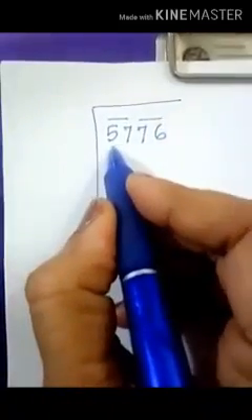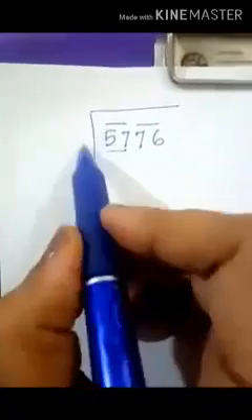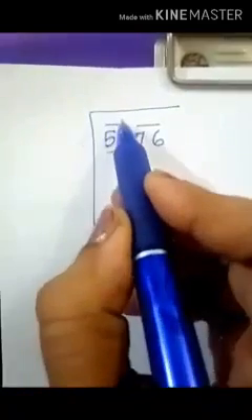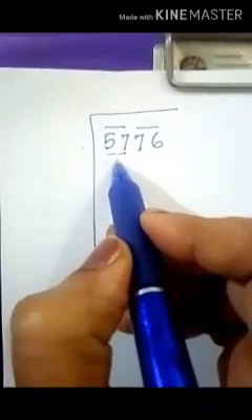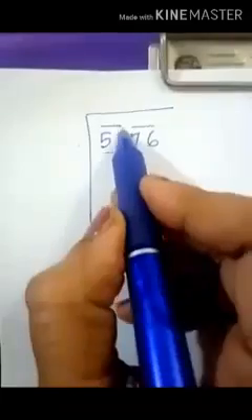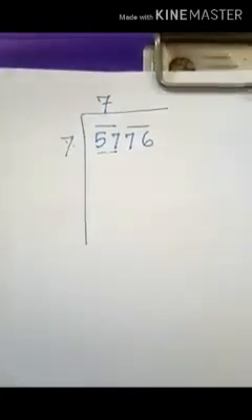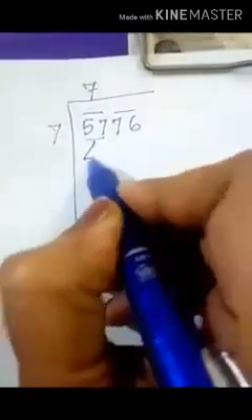To divide, we have to divide this number first, 57. So we'll start reading the table. 1 1s are 1, 2 2s are 4, 3 3s are 9, 4 4s are 16, 5 5s are 25, 6 6s are 36, 7 7s are 49 and 8 8s are 64. 64 is bigger than this, so 7 7s are 49 is the correct number. The number which is written here will be written up. That's most important.